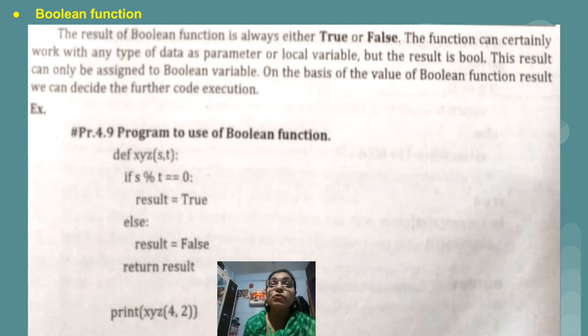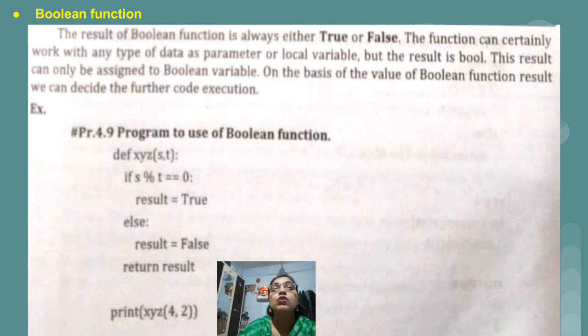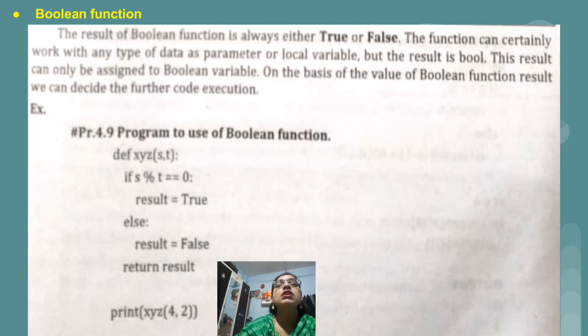So what output will we get from this program? With 4 comma 2, definitely we will divide 4 by 2, and the remainder we will get is 0, because 4 is completely divisible by 2. So the if condition is true, and this is the reason why we will get the output as true. So if any function returns the result as true or false, then that is called a Boolean function.